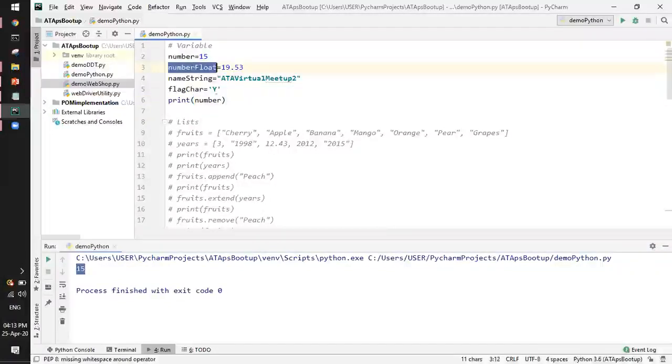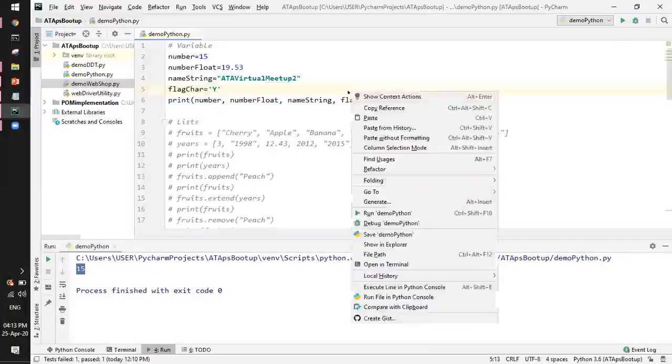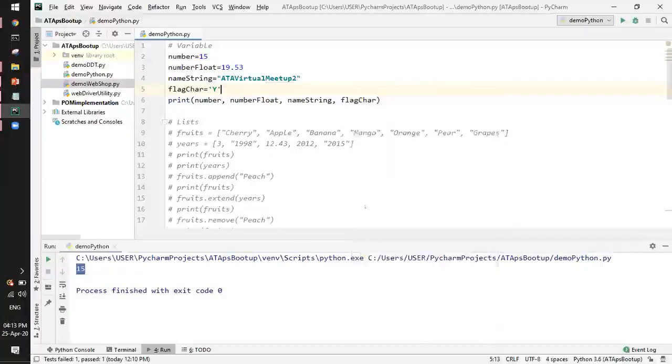I'll also print. Here is something different you are learning. The print command in Python can take up as many things as possible to print together, and we can see everything is printed with a space. Sorry, Shreyas, can you add a Boolean variable also?